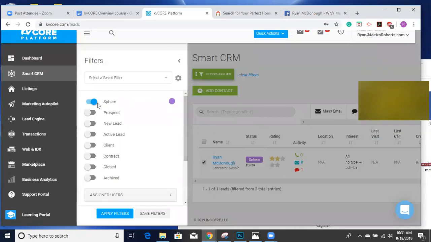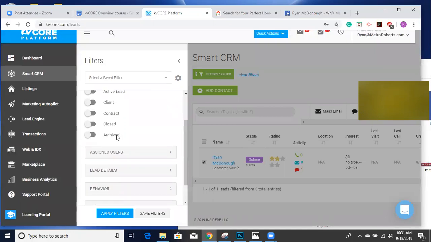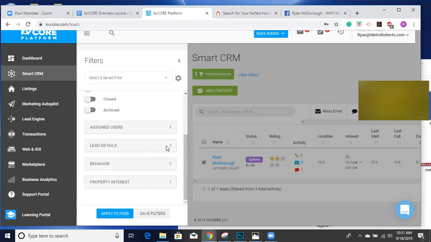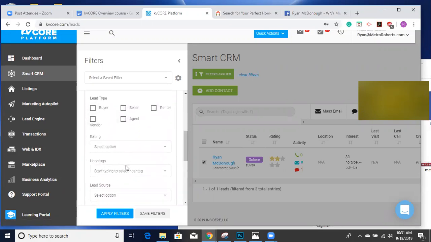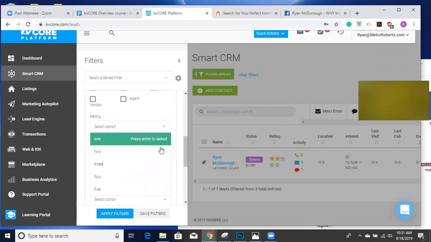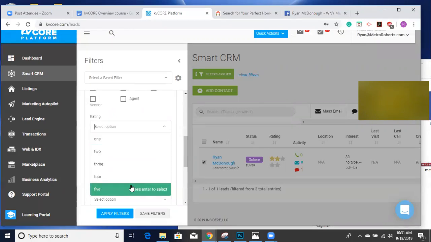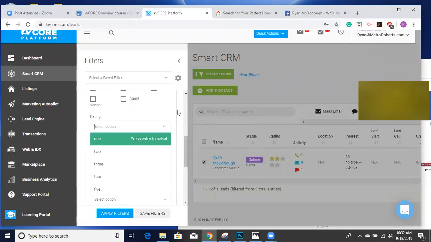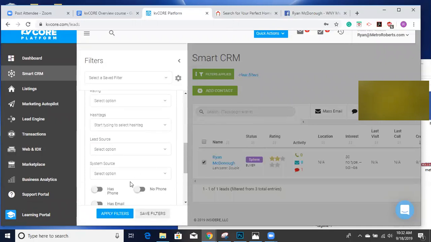You can also sort your leads by hashtag. A rating, as we talked about earlier, you could have you send them out to all your 5-star leads if you keep on top of the ratings. All this stuff that you can